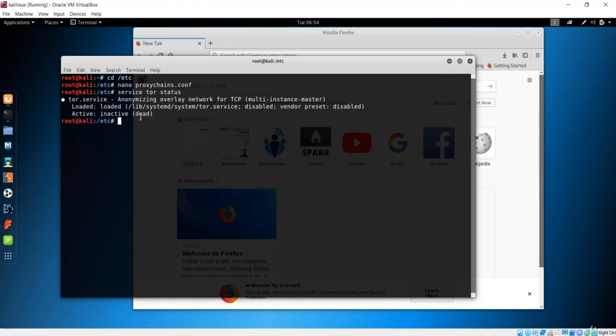If it was running for you, first you would have to stop it, and stopping Tor is with the service tor stop command. But instead of stop, I have to start because my Tor was dead. So I'll start the Tor service with the command service tor start. Let me hit enter. Then it is running. So our Tor is running.